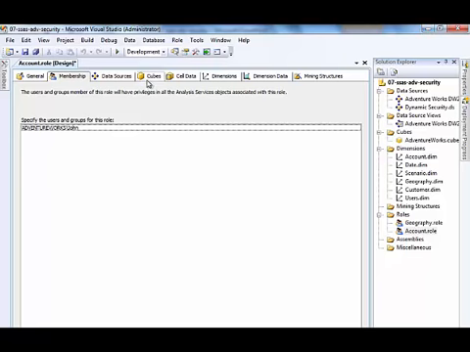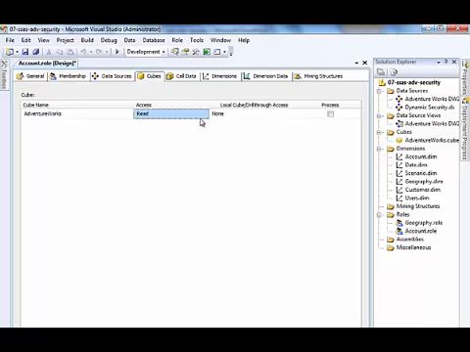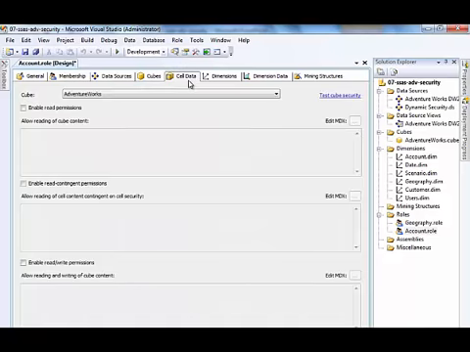and this is for the account role, and we'll go to the Cubes tab and we'll set them up with read-write permissions. Now that's not enough. We actually have to not only set up the cubes, but we have to say which cells he's allowed to modify with read-write permissions. So we're going to select this box, enable read-write permissions,